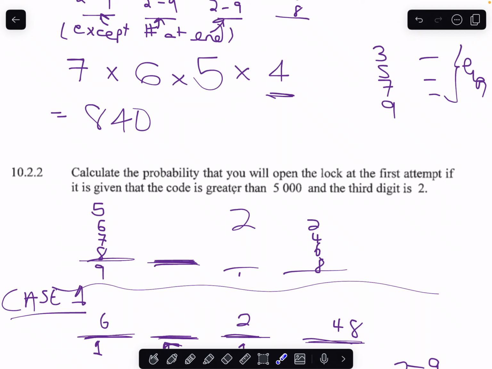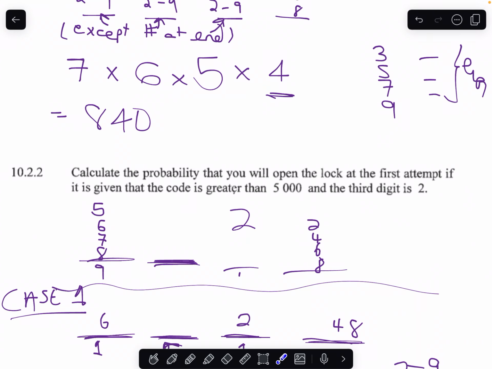I'm not sure about the given, because if we're talking about me being oblivious to this information, then the chances that I open successfully on the first attempt, there's 840 possible combinations, and I am going to try one of them, and the chances of me getting it right is 1 out of 840,